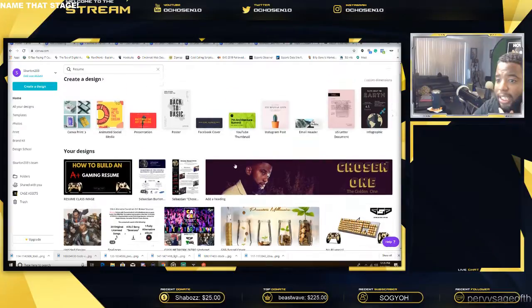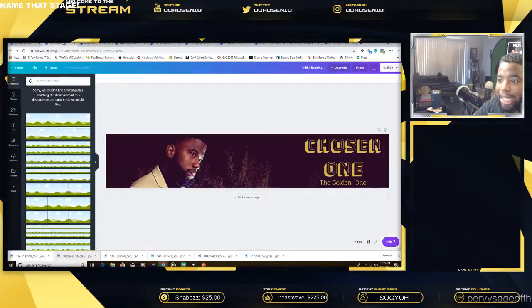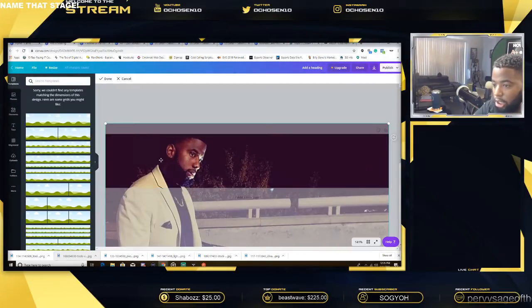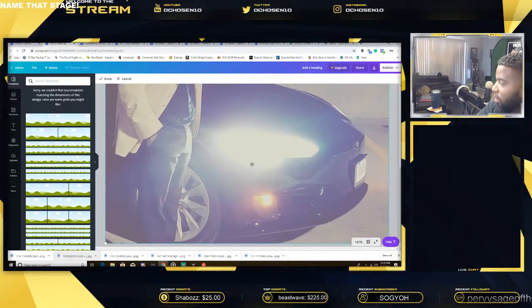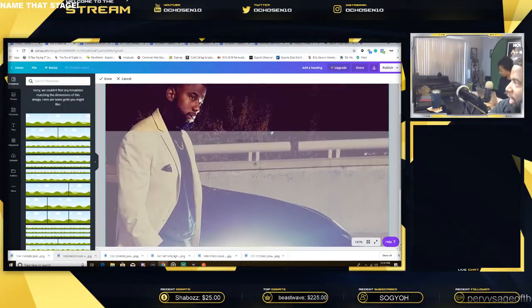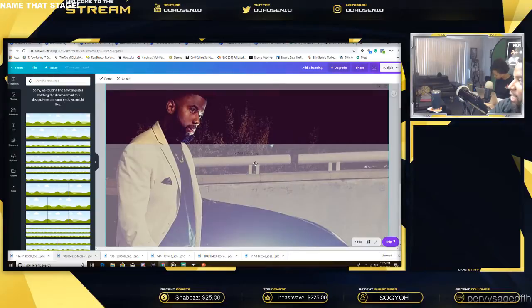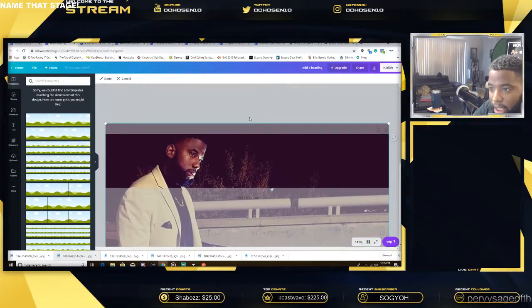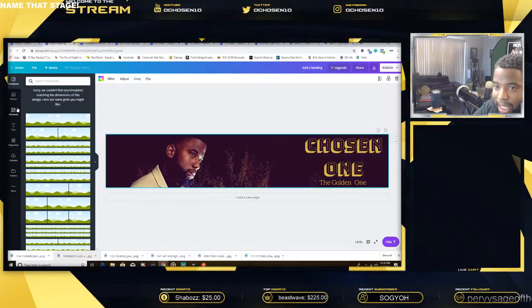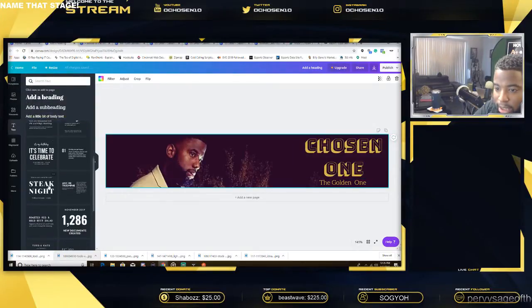So now look, let's talk about building the banner. That's a banner right there. That's something simple. All I did was take this picture. Really cool picture, me and a Tesla, right? But I like the top part. It kind of tells you, hey, this guy's a rapper, but he's kind of dapper. So boom, clicked it. The banner, and I just grabbed some text. It's not even that hard, right? I just grabbed some text over here.